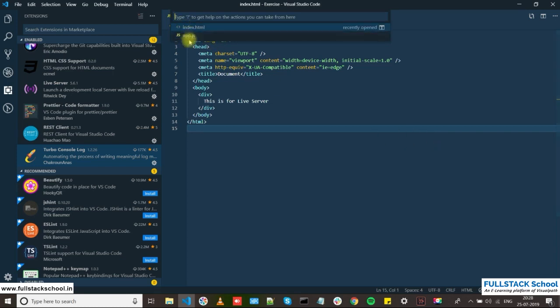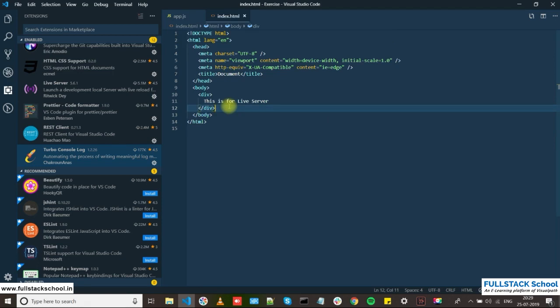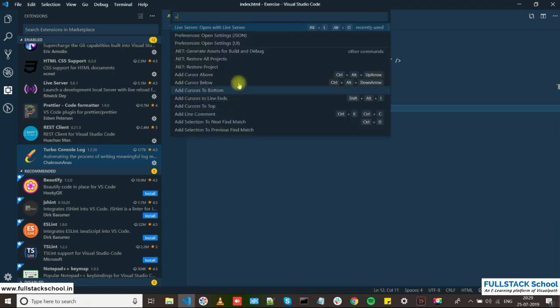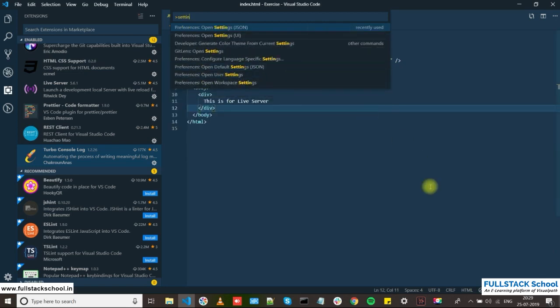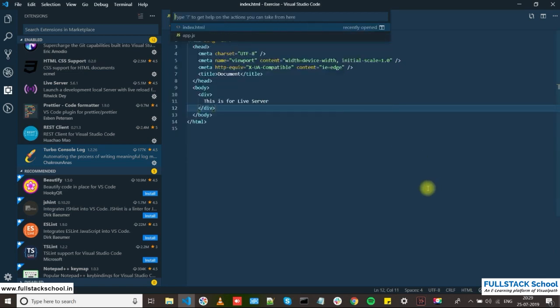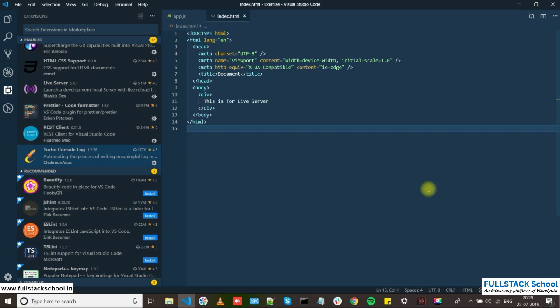For now we have only 2 pages. Control Shift P takes you to the extensions you are using, from which you can select any extension. Also you can go to settings. This is mostly a shortcut for doing everything in VS Code. You can go to the settings, you can change everything.